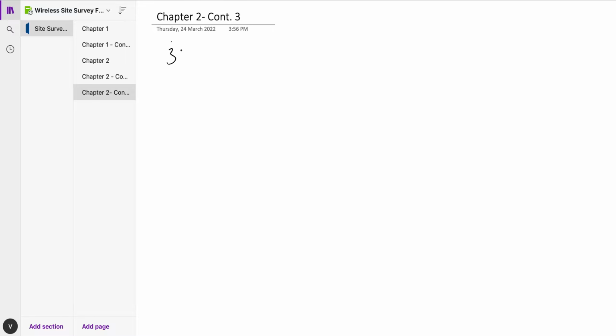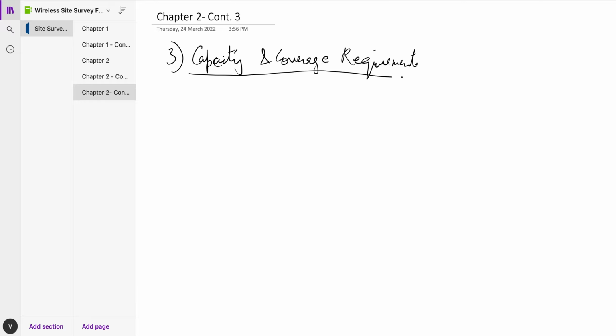So the third prerequisite would be capacity and coverage requirements. Okay, so when you are about to start a Wi-Fi site survey and you're doing this briefing session with the